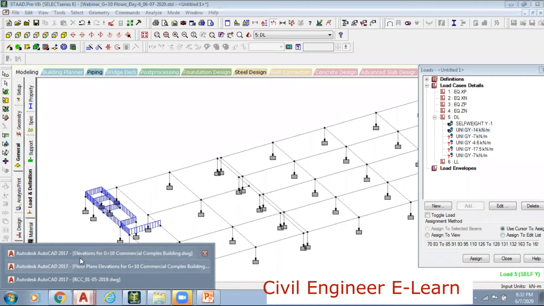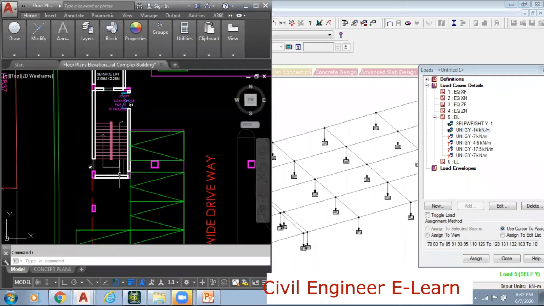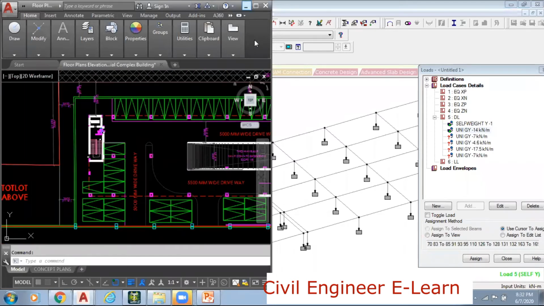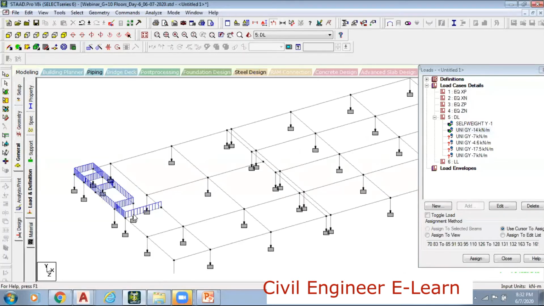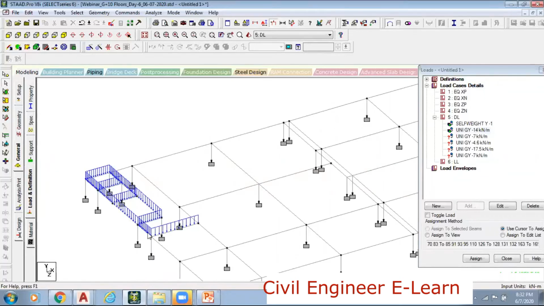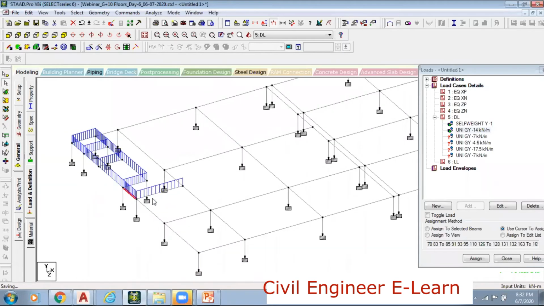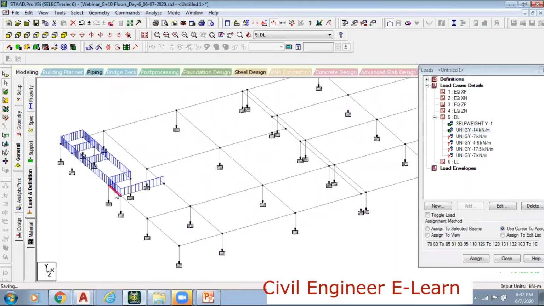Can you please look here? You can just see this. This one is column to column connected. This one is column to column connected. Means here up to this extent I must be doing it. So by mistake, if these two loads are extra added, then what should I do? How can I remove them? For removing these loads, I have to select this beam, and this beam also, right? And I'll go to this toggle load, and I will select this assign to selected members. I'll say assign, done. That's it.